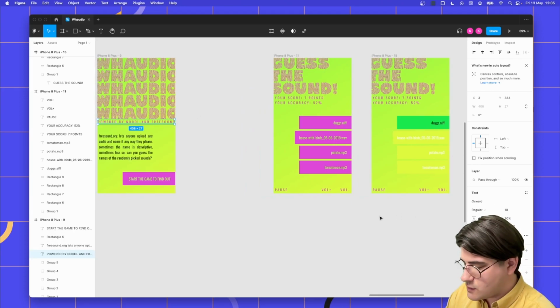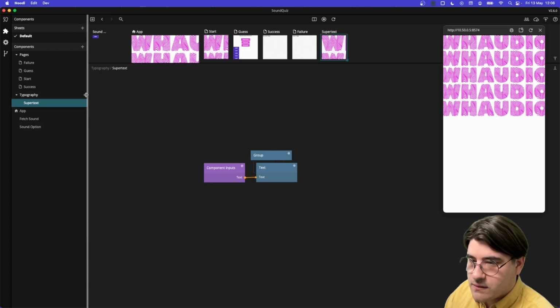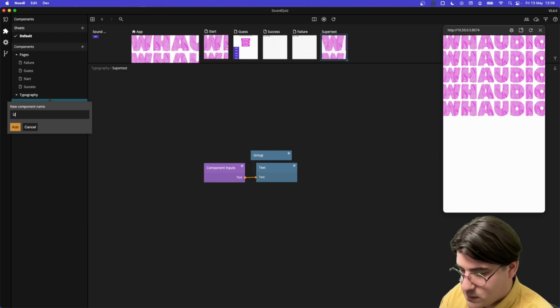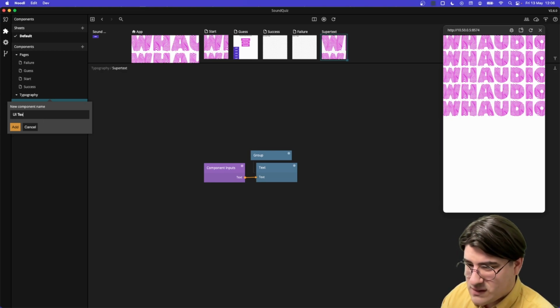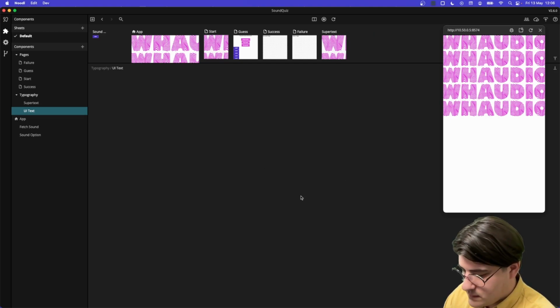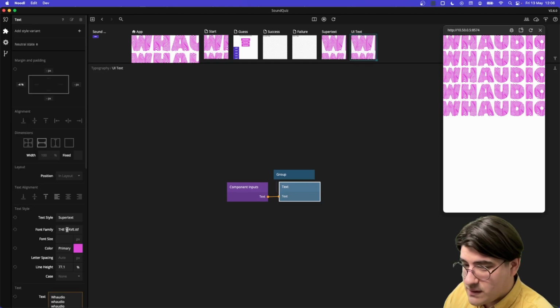And what is this? It's Oswald. Do we have Oswald by default? Let us see. I'll actually take this thing and copy that. And then inside of this, we'll do a new visual component, and we call it UI text, I guess. And then we delete this thing, and we paste this. And now this is almost the exact same, but we should do,